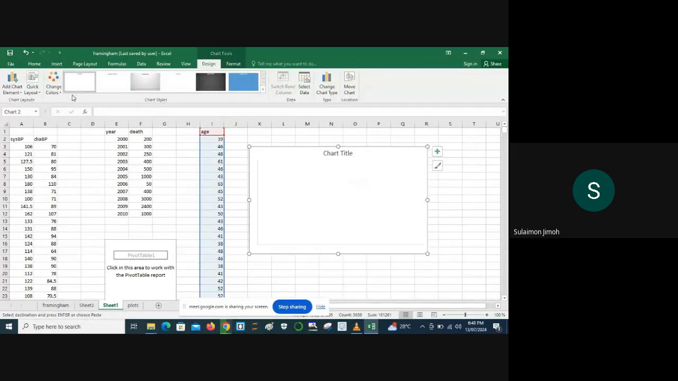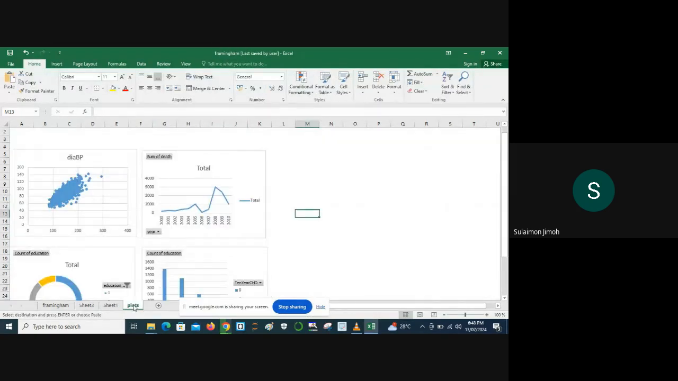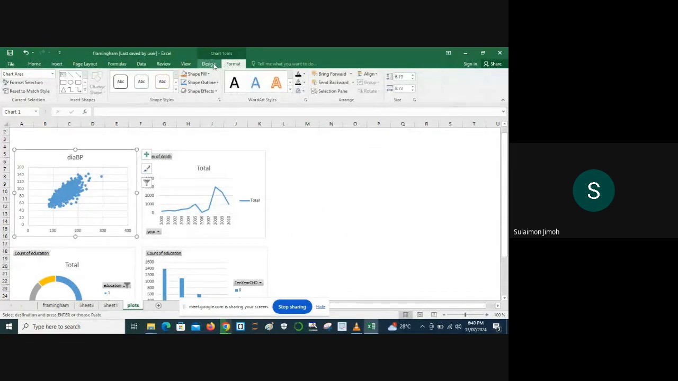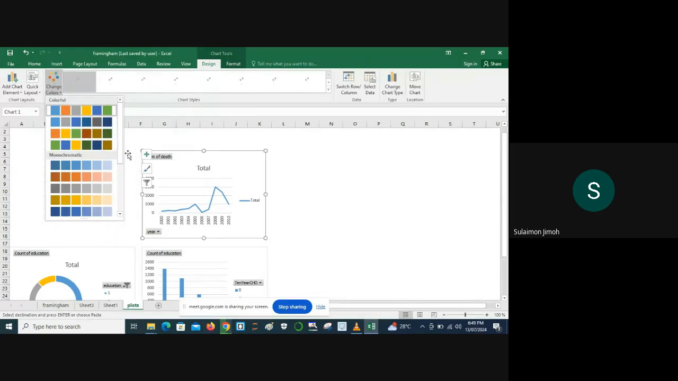Right, this is not showing us anything. Okay, let's work with what we have. We can decide to format this, make our own designs. Change column. Can tell it to use